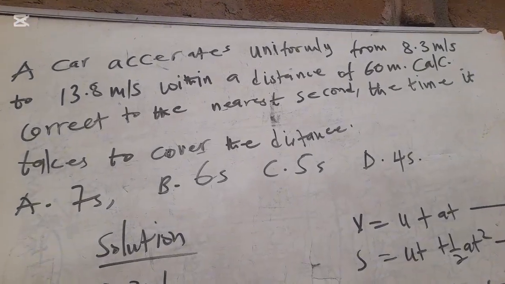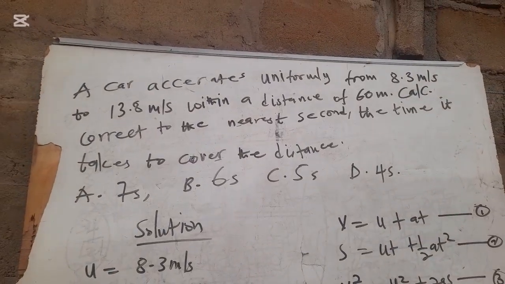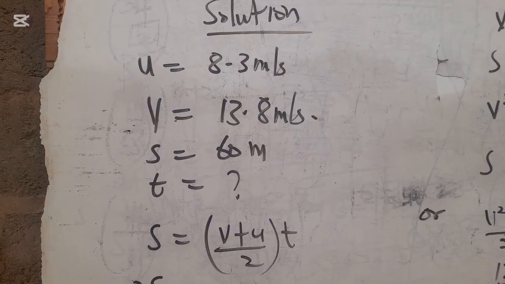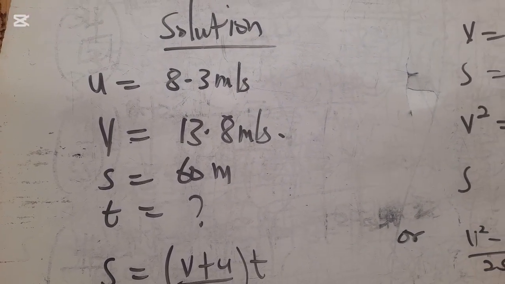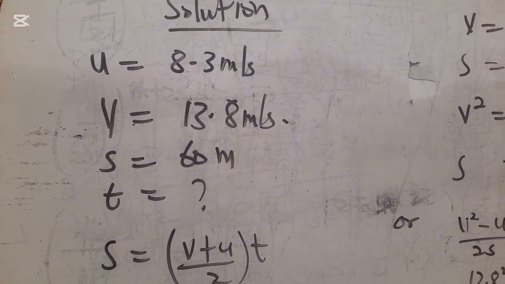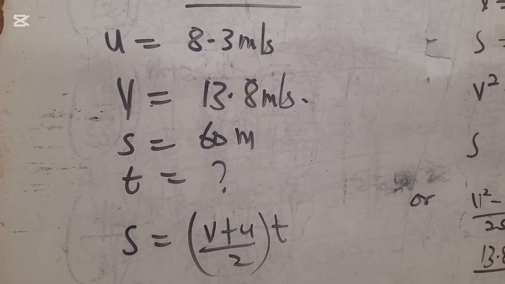So how will you address this? This is a WAEC question, also likely a JAMB question. Before you solve, you write your solution and list your parameters. Initial velocity 8.3 meters per second, final velocity 13.8 meters per second, distance 60 meters, time is what you are